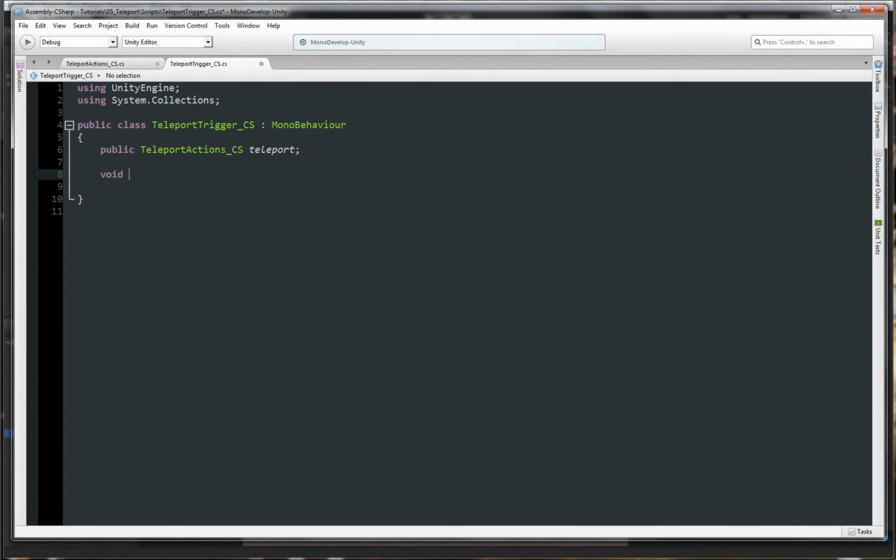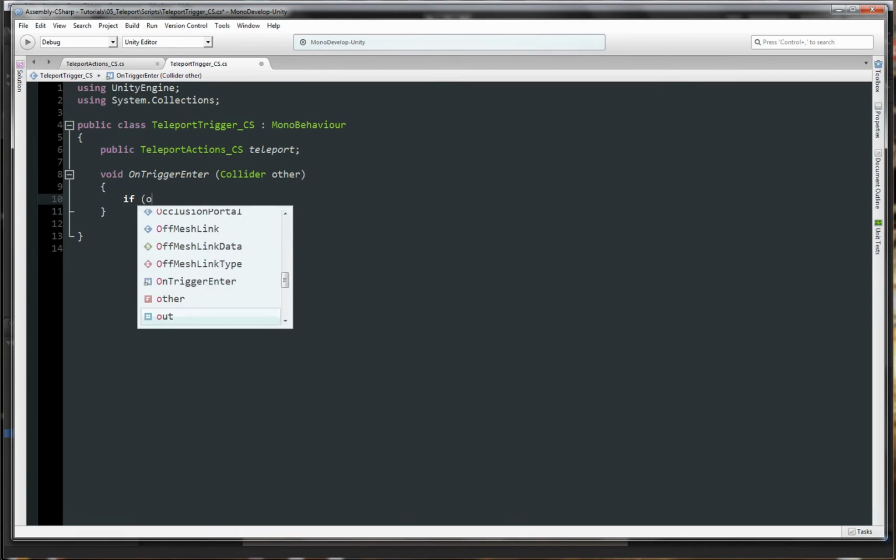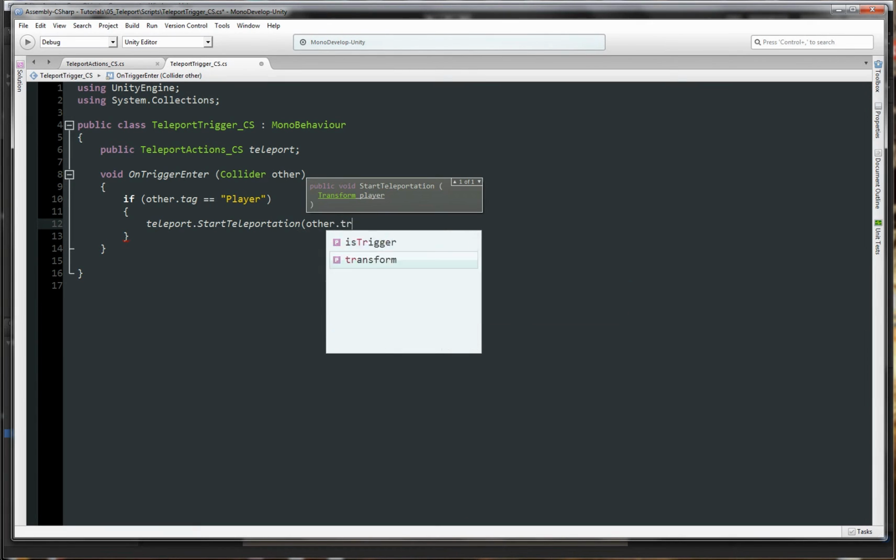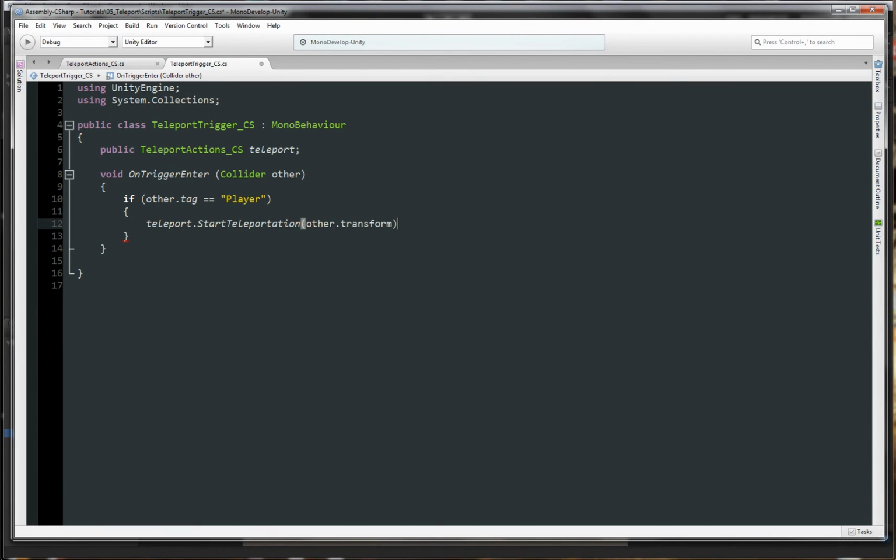And we'll say void OnTriggerEnter, Collider other. This is when something enters that trigger. And we'll say if other.tag is equal to player, we'll say teleport.StartTeleportation, and we're going to send the transform of our